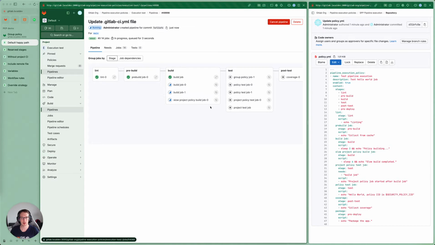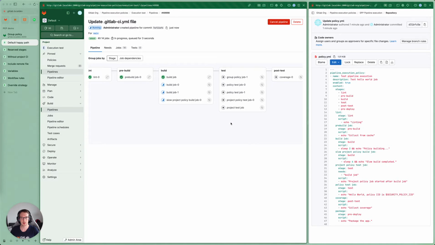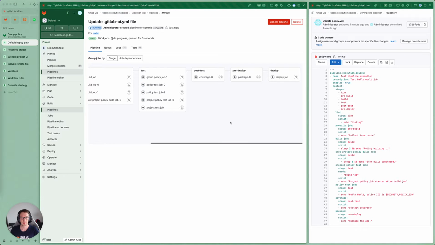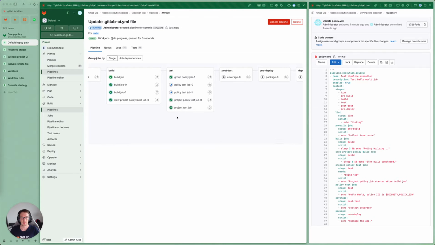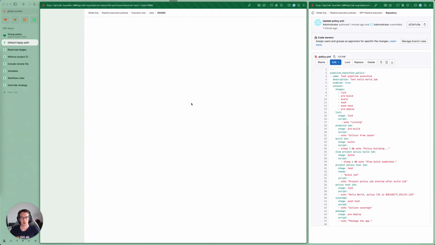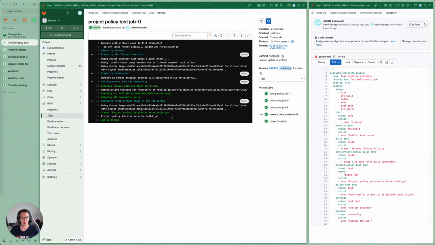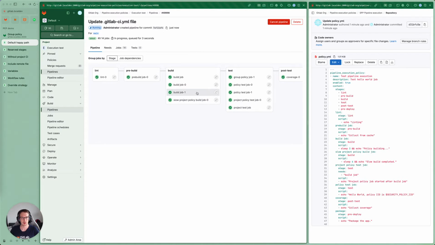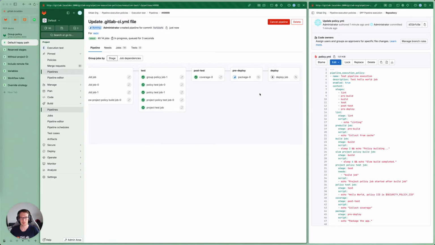We can let it run, and here we can have a look at the output of the jobs, and now the pipeline is finished.